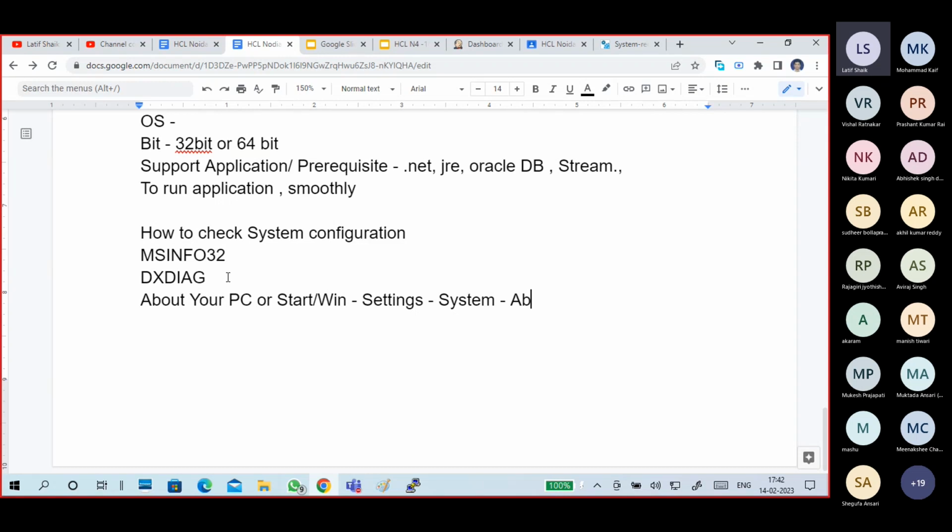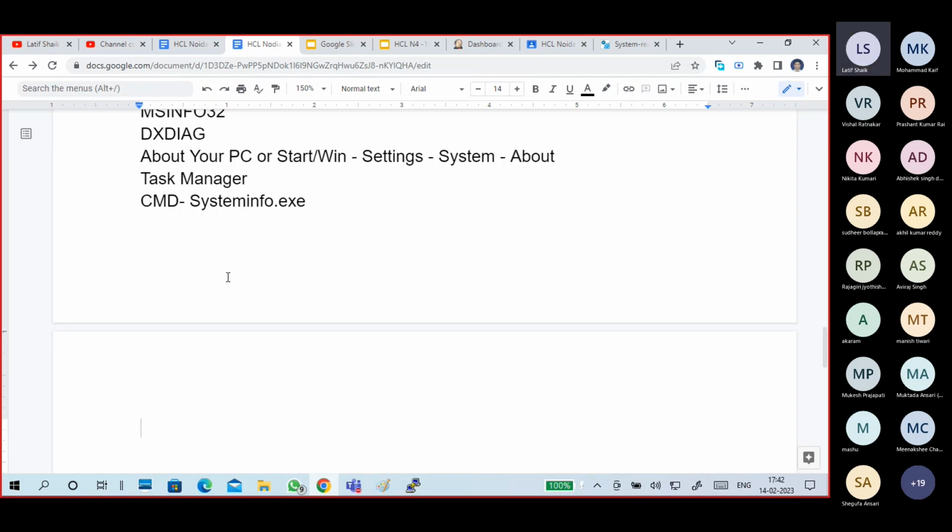There also you will find it. Next one is you can go to task manager. Of course, there is a command line related one also. The systeminfo.exe command is also there. And there is a tool.